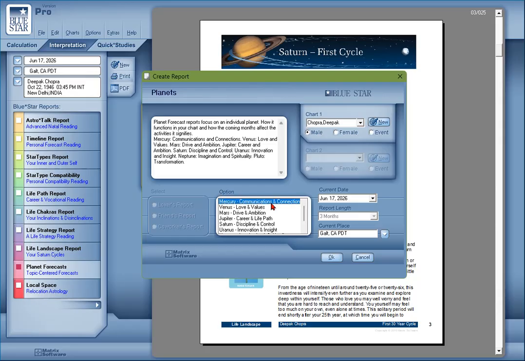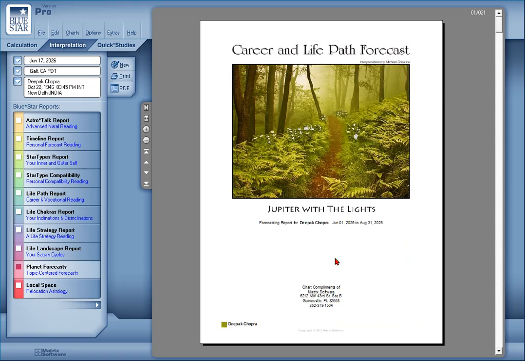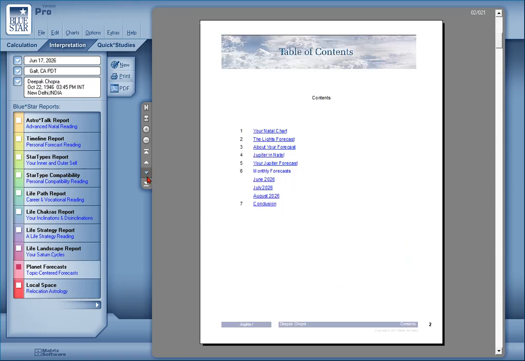Mercury is for communication, Venus is the love and values and all that stuff. So we're going to select the career and life path in here, and then we click on OK. Okay, you can also change the date when it starts. Okay, so this is the career and life path report.